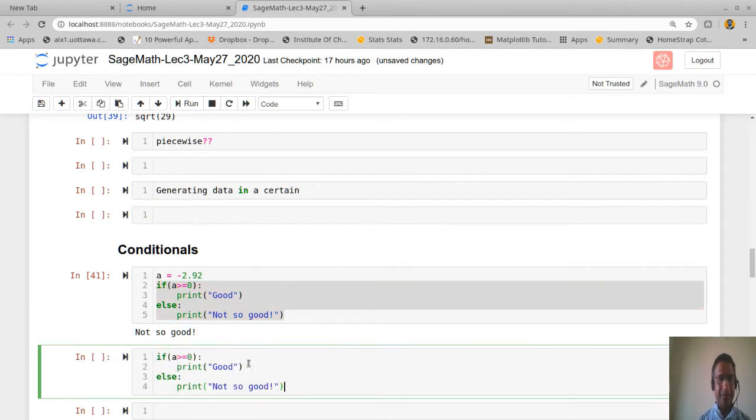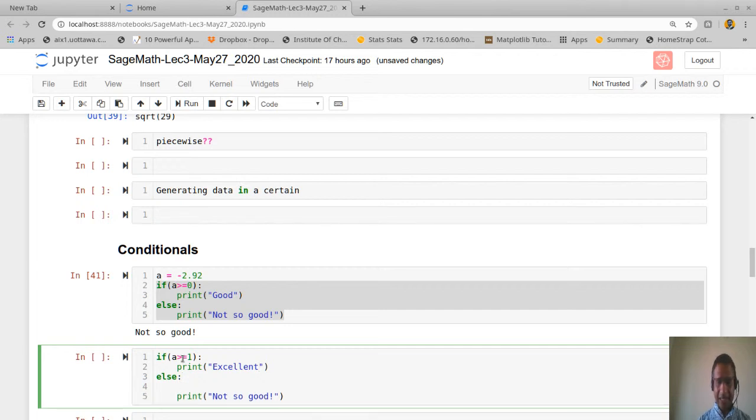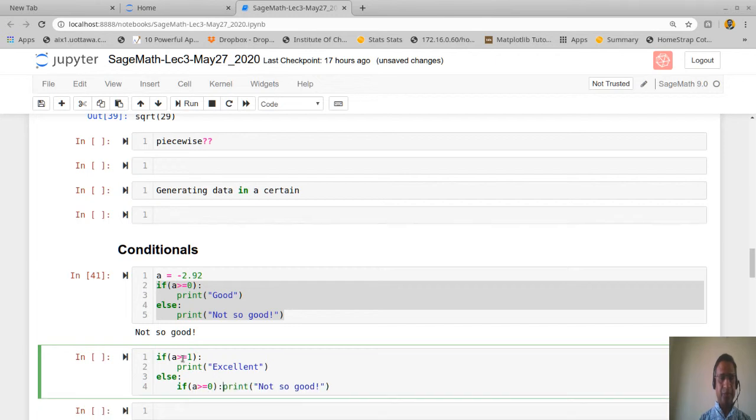I can say if a is bigger than or equal to 1, then print excellent. Else, I'll have another if: if a is bigger than or equal to 0, then I will print good,